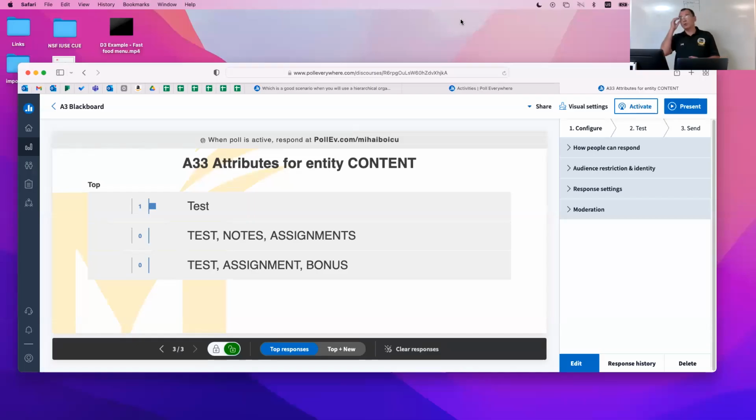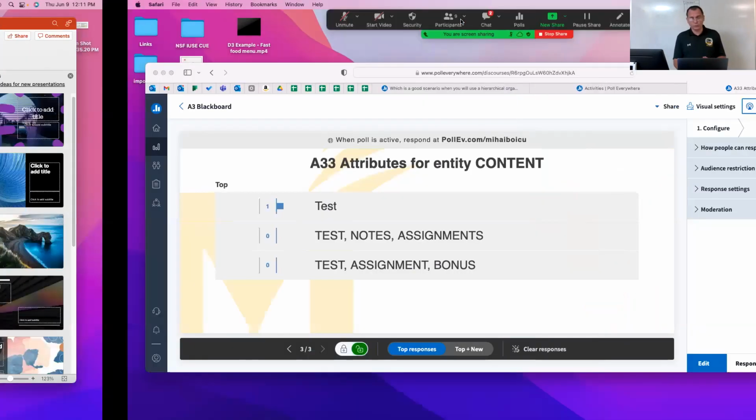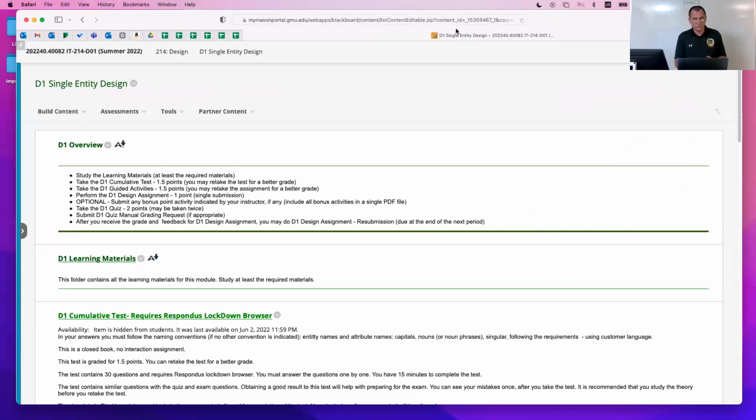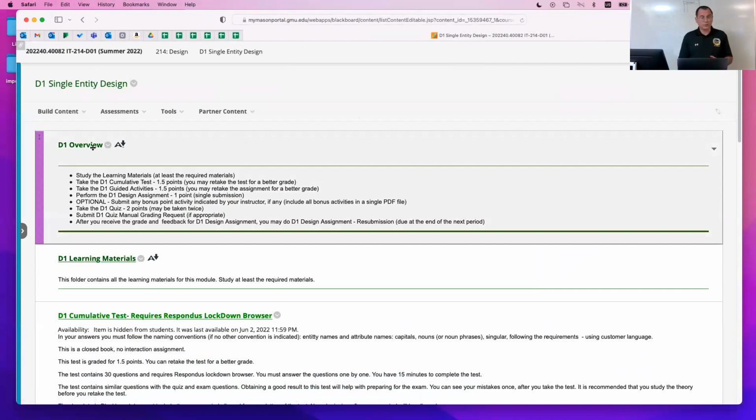So these are your answers, and they are good observations, like types of content based on what you see in my particular course. Now, if we go back to what Blackboard is showing, from the design point of view, basically what I have here,